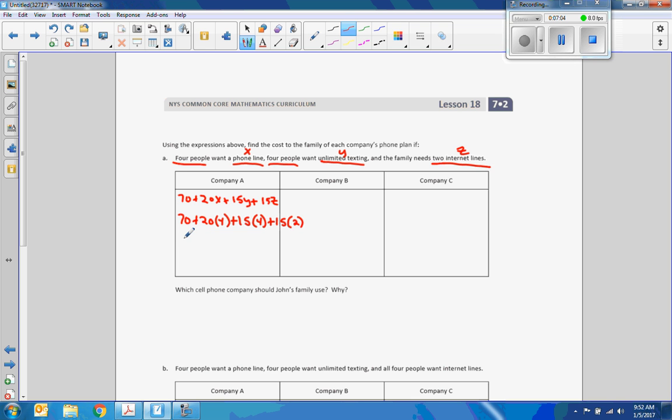So it's going to be 70 plus 20 times 4, which is 80, 15 times 4, which is 60, and 15 times 2, which is 30. And then add these up. 70 plus 80 is 150, plus 60 is 210, plus 30 is 240. Okay. So company A will cost this family of 4 $240, with all 4 having a phone line with unlimited texting, but only 2 of them having internet. So with that said, now we need to